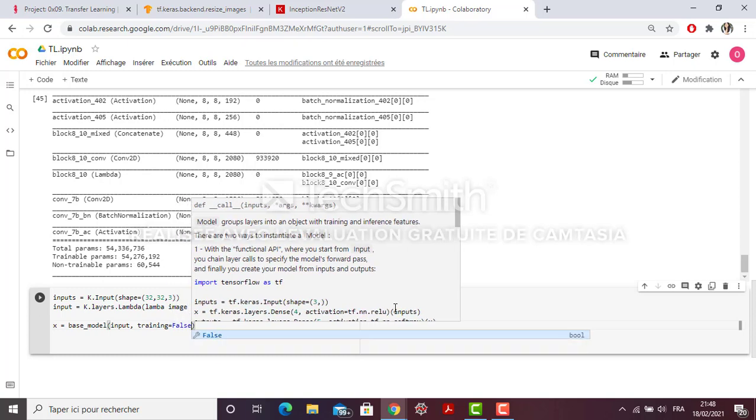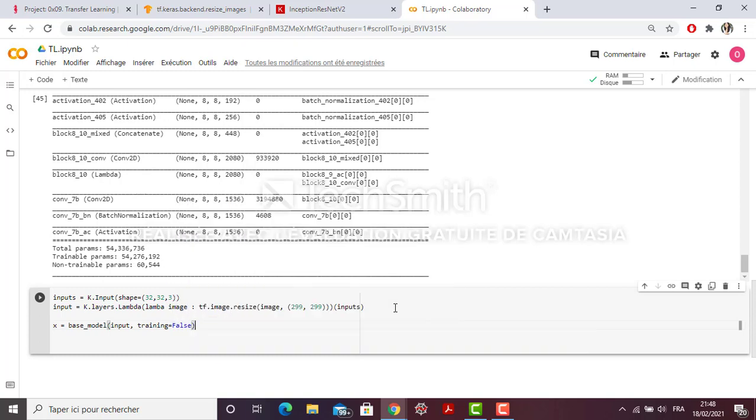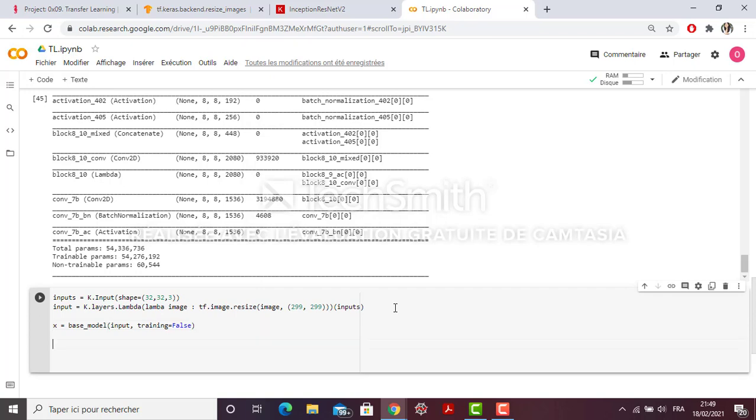I don't want the weights of my base model layers to be touched or modified. So these weights won't be updated. I want to freeze the feature extractor layers. So this is my base model layers.